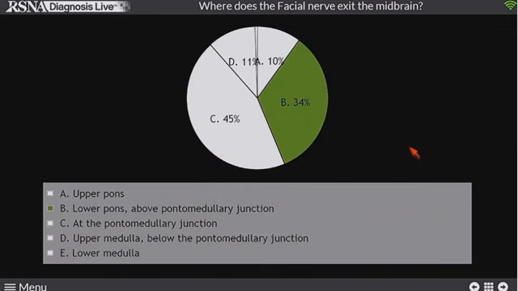It turns out, funny tidbit trivia for today, there was a German medical student in the 1700s who did a bunch of dissections and drew pictures of all the cranial nerves, and he just named them from the one on top being 1 going down to the bottom through 12. People have been replicating those pictures over and over again for centuries incorrectly. It turns out 7 and 8 actually come out of the pons above the pontomedullary junction, but people have been replicating his pictures, showing those nerves coming out at the pontomedullary junction.